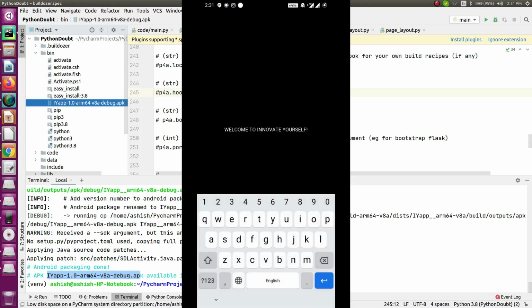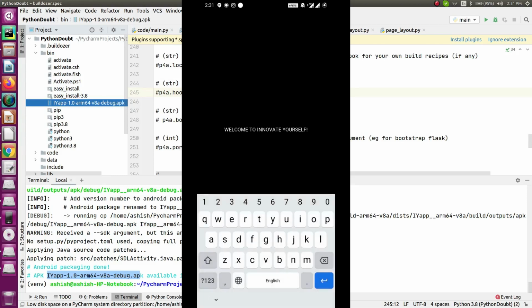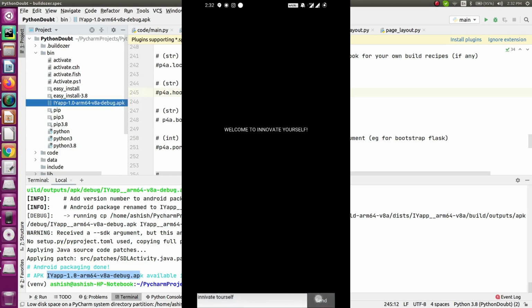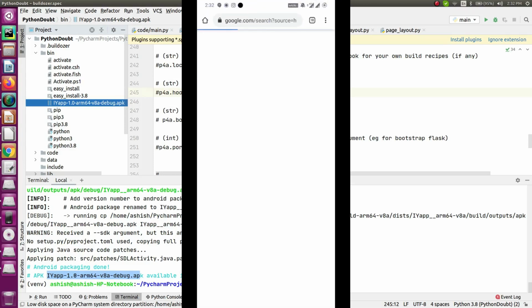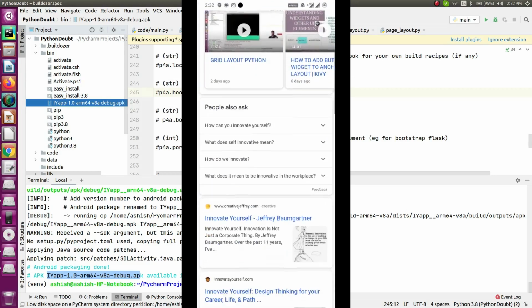In here, let's search for something, and let's say Innovate Yourself. You can see, okay, the spelling is a bit incorrect. Let it be, just send now. Now you will see whatever you type, based on that it has shown you the result.